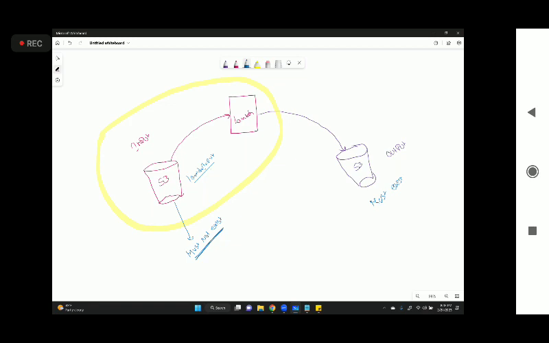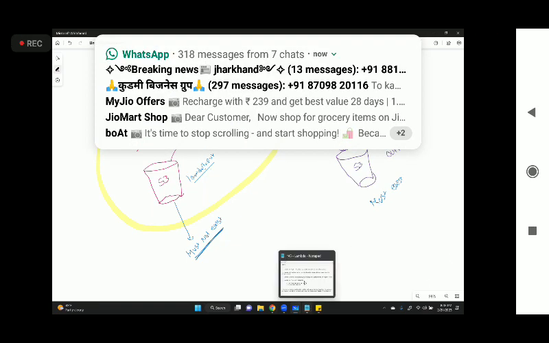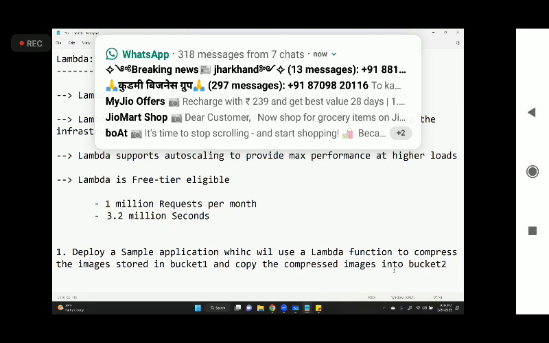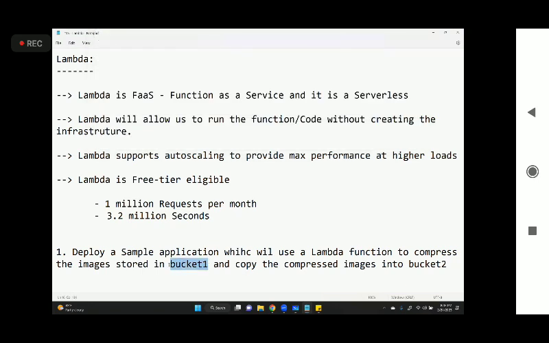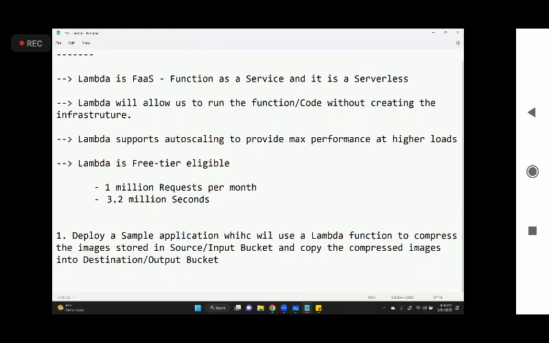Okay, right. So based on the sample application, the minimum requirements are, I can say, the source is stored in the source bucket and the compressed images are copied into the destination bucket. The destination bucket is also called the output bucket, and the source bucket is also called the input bucket. The mandatory things are